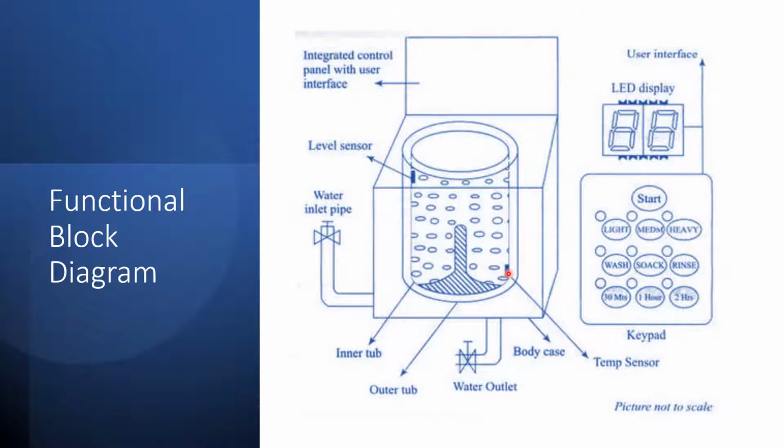We may not be aware of it, but as a learner or a beginner in embedded systems, it's better to know what the functions of each are. So this functional diagram, I believe, has given you some idea of how a washing machine looks, or what the functional embedded units present in the washing machine are.